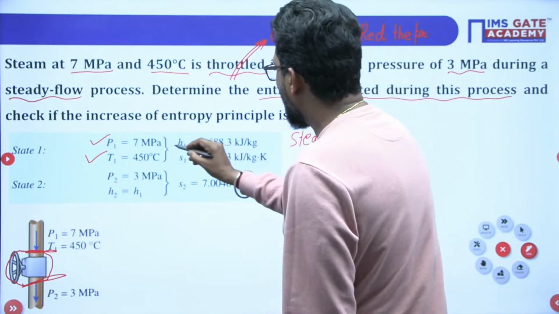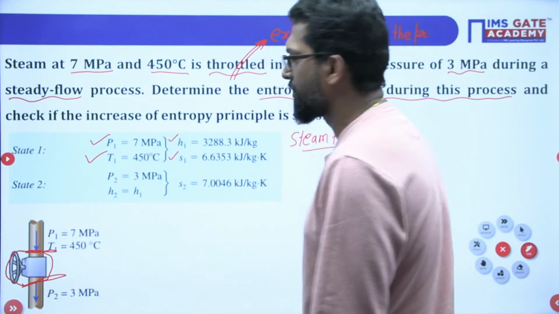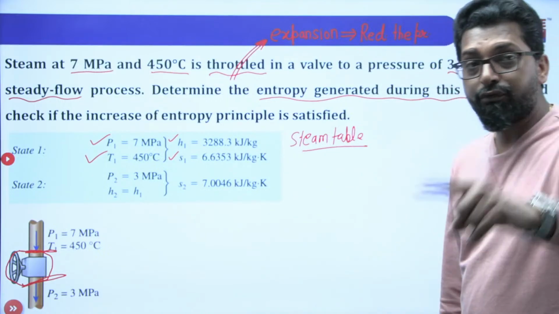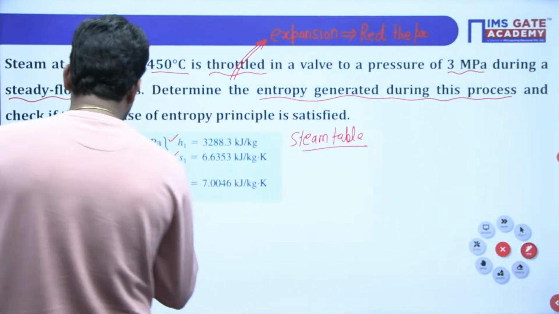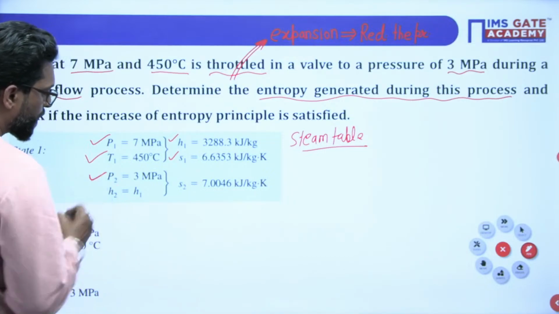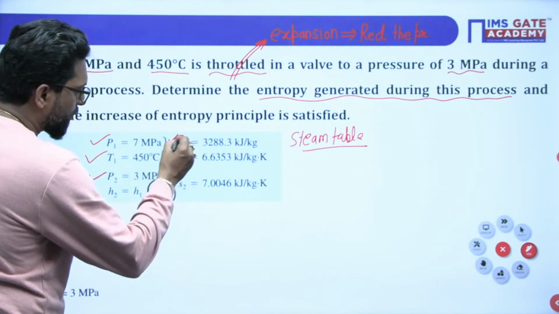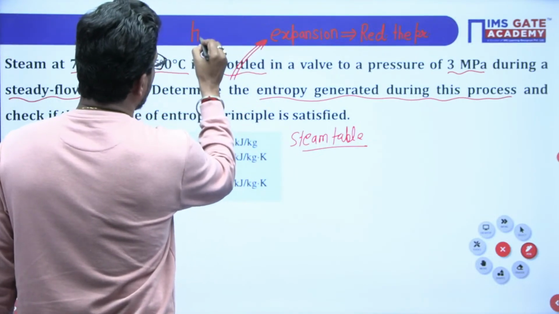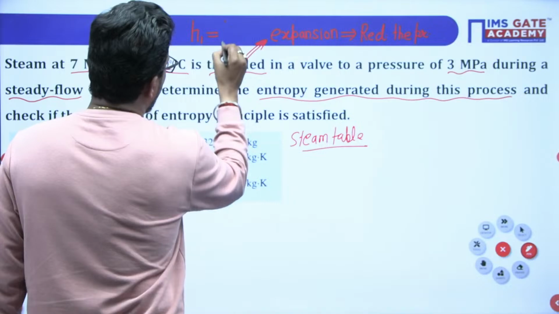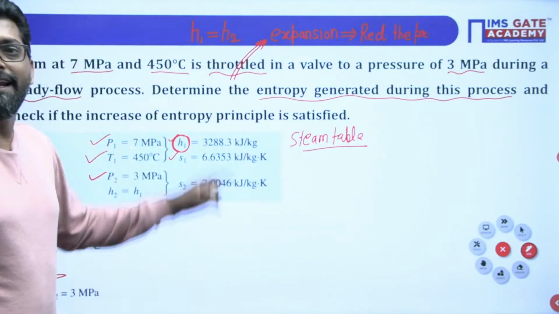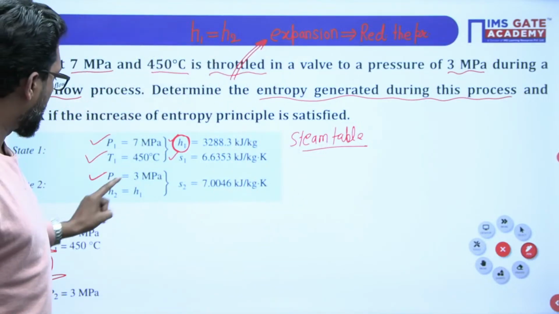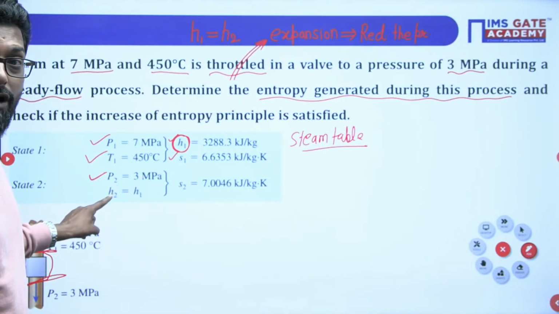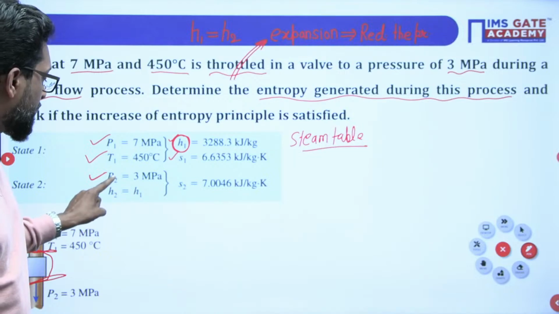and find the enthalpy and entropy first. So if you have this enthalpy and entropy, now how to find the second property? That means at a pressure P2 and corresponding to this enthalpy. Why? Because throttling is isenthalpic. That means the enthalpy at 1 is the same as the enthalpy at 2, inlet and exit. So P2 you have and the second property H2 you have. Why do you have H2? Because H2 is equal to H1.